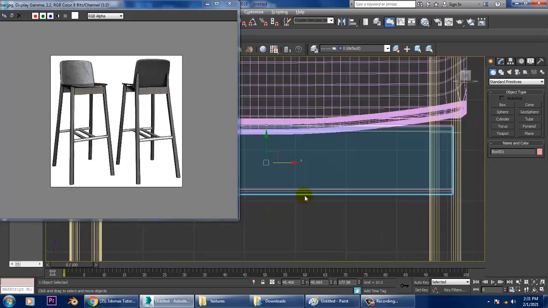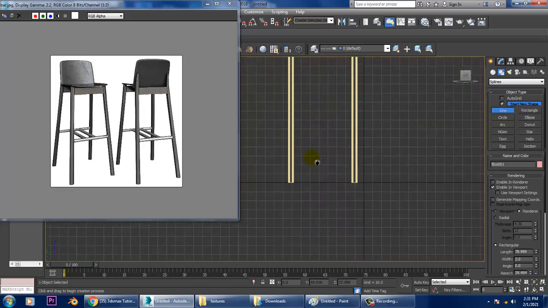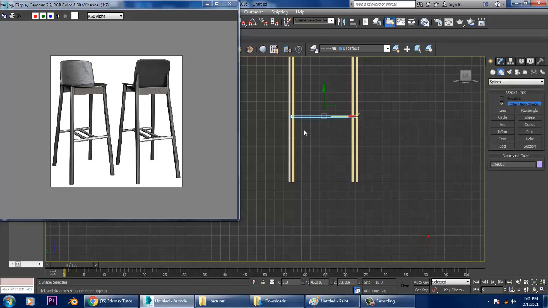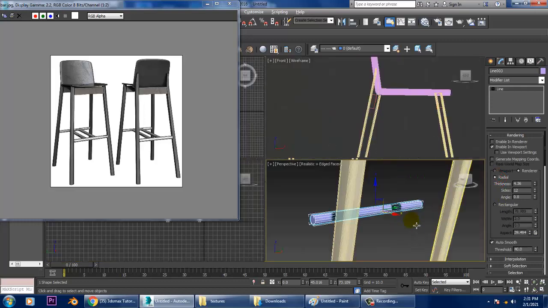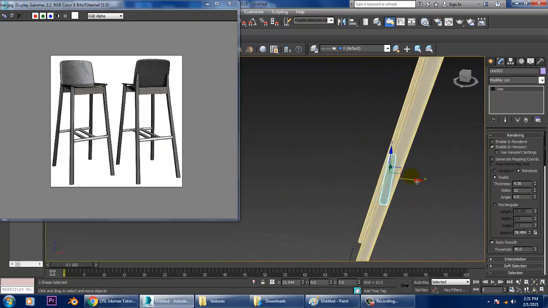Let's go over here, take a line, enable in viewport, and make it radial. Let's duplicate that.